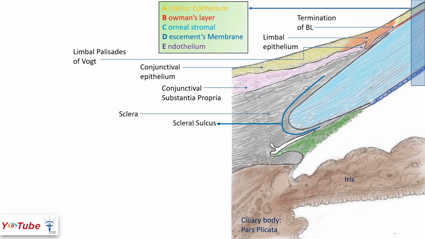Coming a level lower in the corneal stroma is the Descemet's membrane and the endothelium shown in dark blue. Note the point of termination of the Descemet's membrane and endothelium is beyond the level of termination of the Bowman's layer. Now the point of termination of the Descemet's membrane is called the Schwalbe's line. Beyond that line lies the trabecular meshwork, which we all know is the site of resistance for aqueous outflow, which is shown here in green.